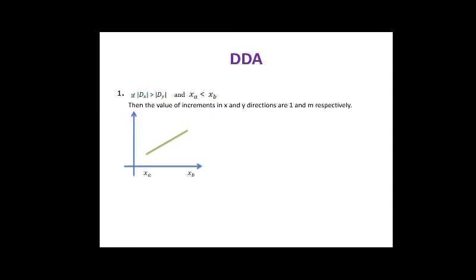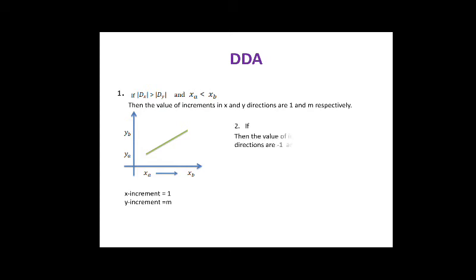So in this line you can see these are the coordinates xb and yb. Now this line we are drawing from left to right, means from this point to this point. In this case the dx is greater than dy. Whenever the dx is greater than dy, the slope is a gentle slope, and your xa is smaller than xb. In that case, the line has x increment of 1, meaning x is incremented by 1 and y is incremented by m. This is the shortcut method. You can remember by using this method how to increment x and how to increment y.